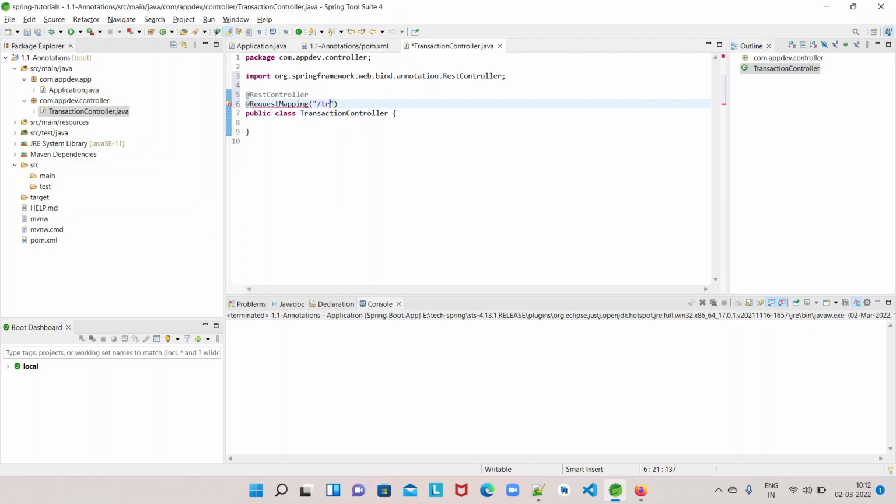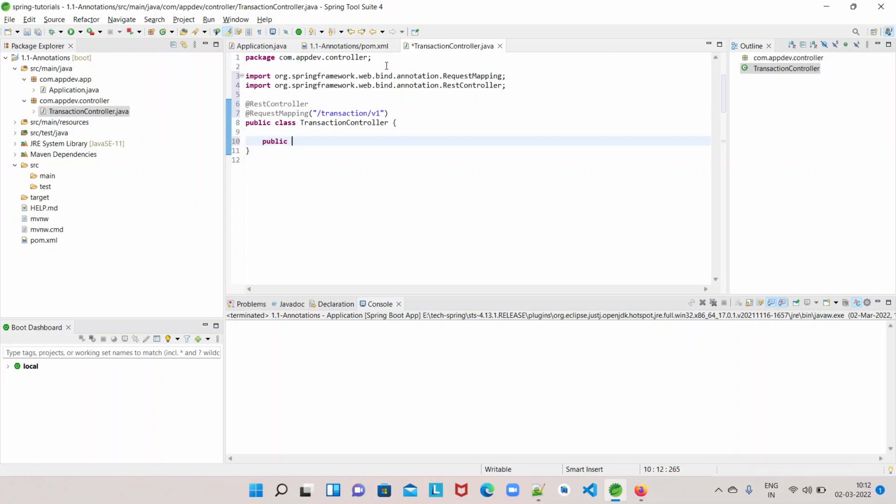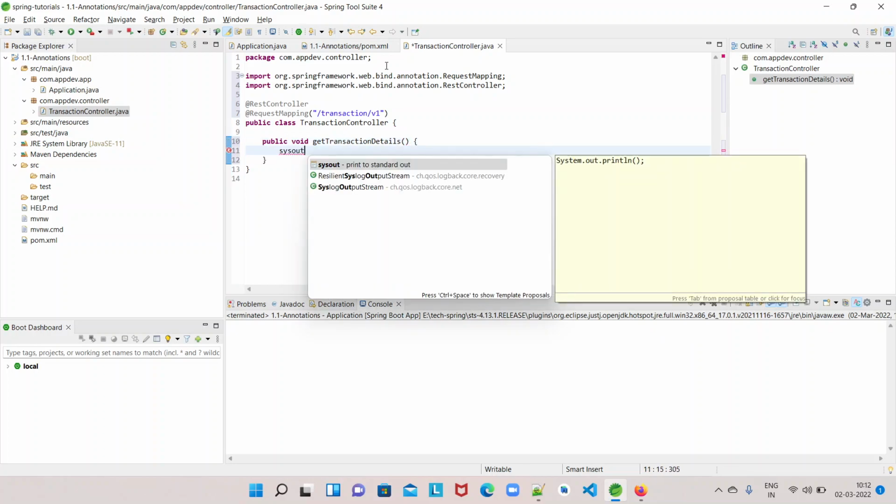For this controller, I want to use transaction/v1. Now in this controller, I'm going to have a method, public void getTransactionDetails.